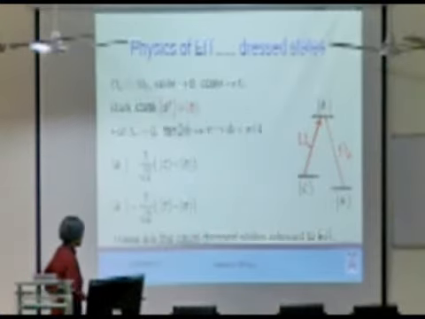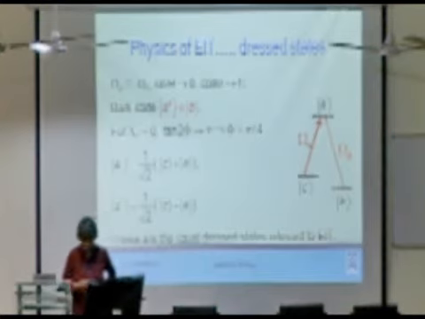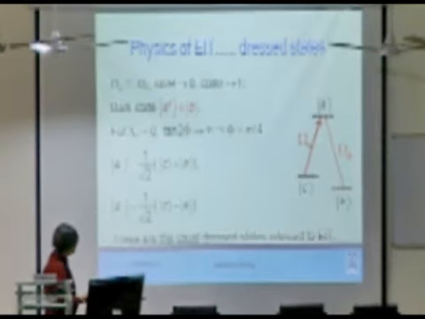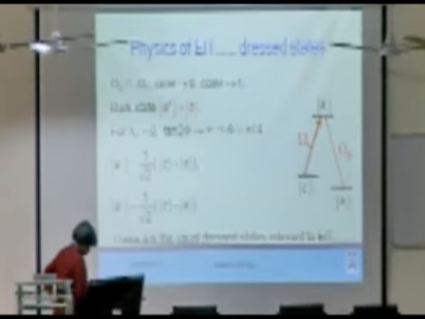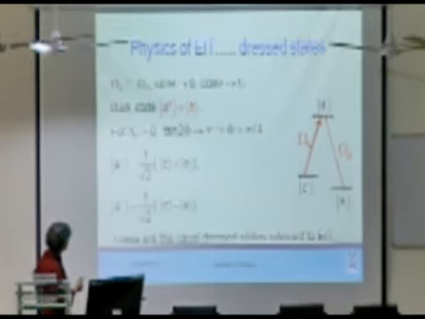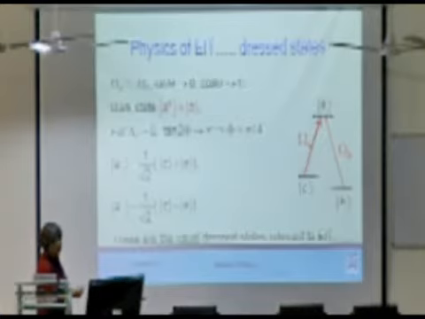EIT is a much more subtle effect that we are talking about. In EIT, what happens is one of the fields, the probe field, is actually very weak. So you look at the dressed states created by the coupling, and then how does the probe react to that. So the dark state in this case happens to be the ground state of probe absorption. So the population is all transferred in here, but when I shine in, nothing gets transferred up there. So that's the funny part. Nothing gets transferred up there because the probability of transfer here gets cancelled with the probability of transfer through the coupling